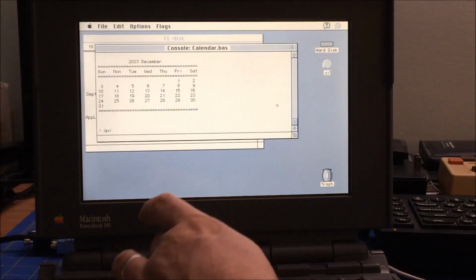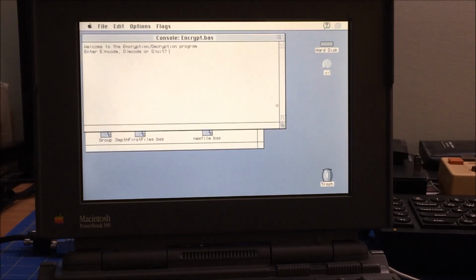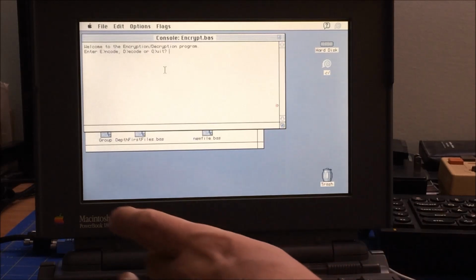But yeah, and so you can obviously quit from the command line. You can shut the machine down from the command line. There's all sorts of cool things you can do. You can find words. You can wipe your disk. Xcopy, app launcher, encrypt, a little encryption program, where you can decide that, hey, I want to encode,